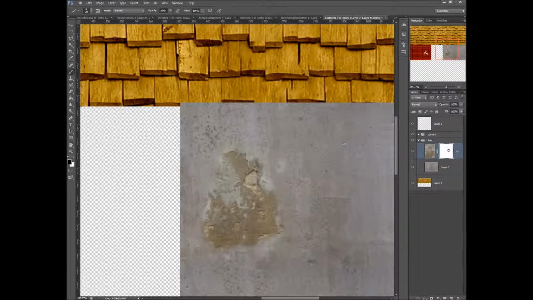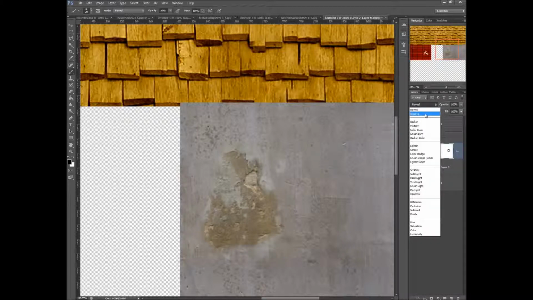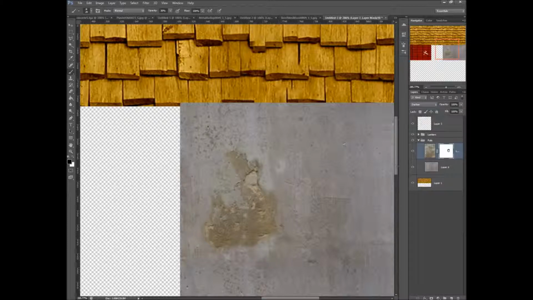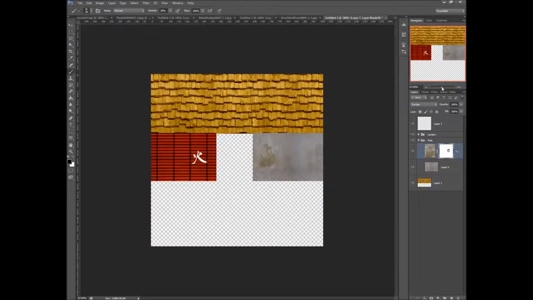And then after we do that, let's see what kind of blend modes we can do to make it look good. Ooh, darken works out really nicely actually. I like to zoom out just to make sure it's fitting in nice. Yeah,